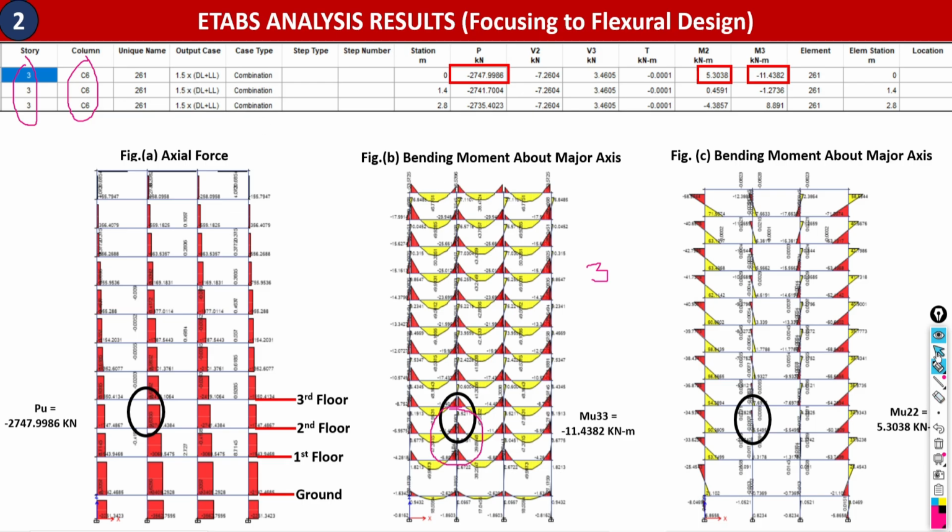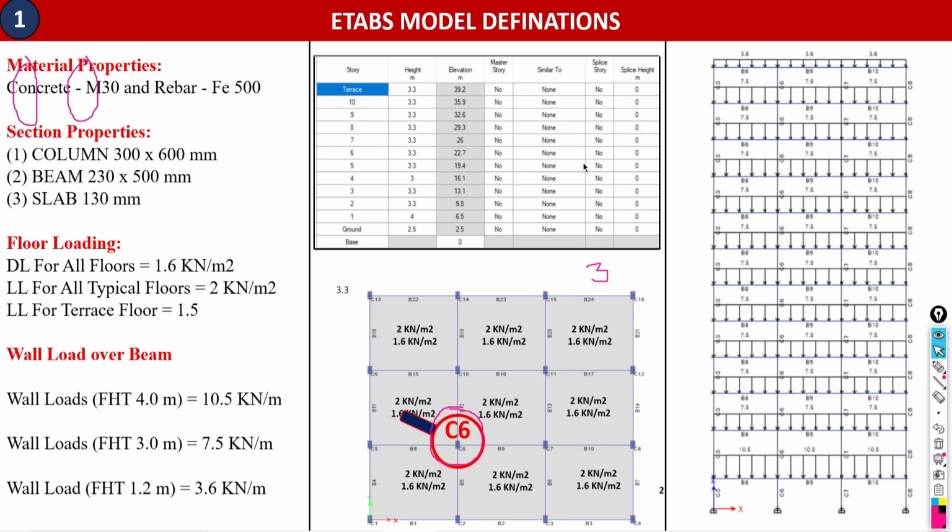One more clarification I would like to give here, my dear friends: to keep this study easy and simple for you all to understand, we are going to consider only the gravitational load. As you can find here, I have not discussed any lateral load. Only the gravitational load, to make the study simple and easy. Second, we are going to consider the frame as an ordinary frame with ordinary detailing. We are not going to consider ductile detailing. Keep these two things in mind.